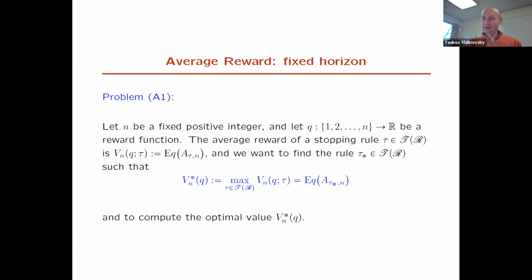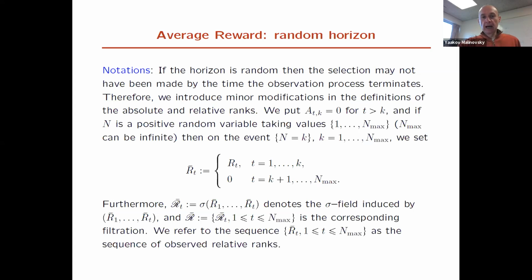Now, in the secretary problem, everything is good, but everything works well only if the number of candidates is fixed. You know in advance that you're going to have 100 candidates. But now, if the number of candidates is a random variable, it's not fixed in advance, the formulation of the average reward should be changed, and here is an attempt to explain how to introduce notation